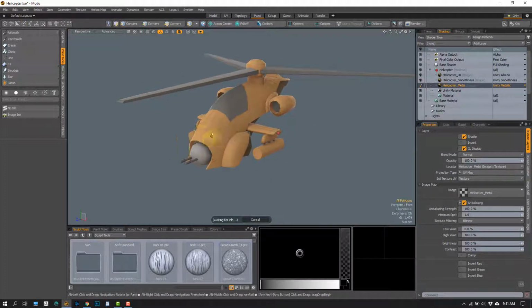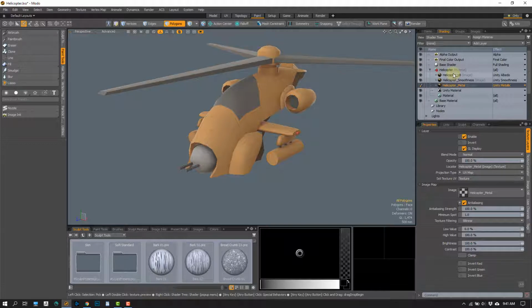So let's get into changing this guy. Over here, we can think of these as exactly what they are. They're three different images. So this guy is going to be our diffuse image, this is going to be our smoothness image, and this is going to be our metal image. You can also think of these as layers in Photoshop that are going to turn into their respective